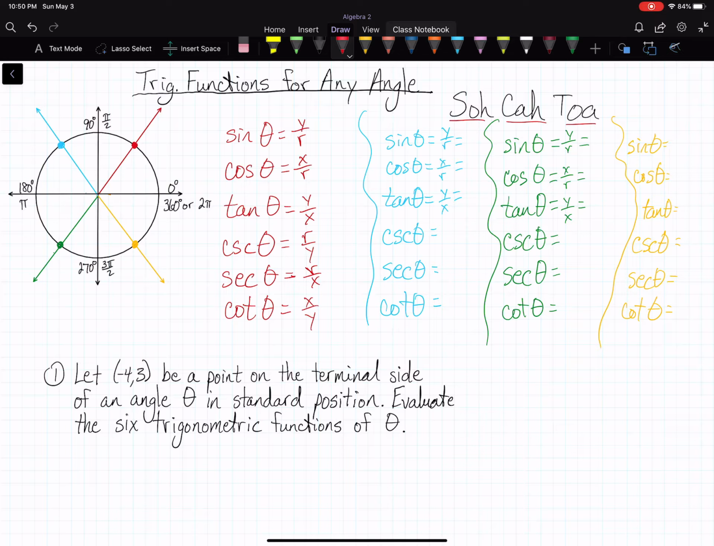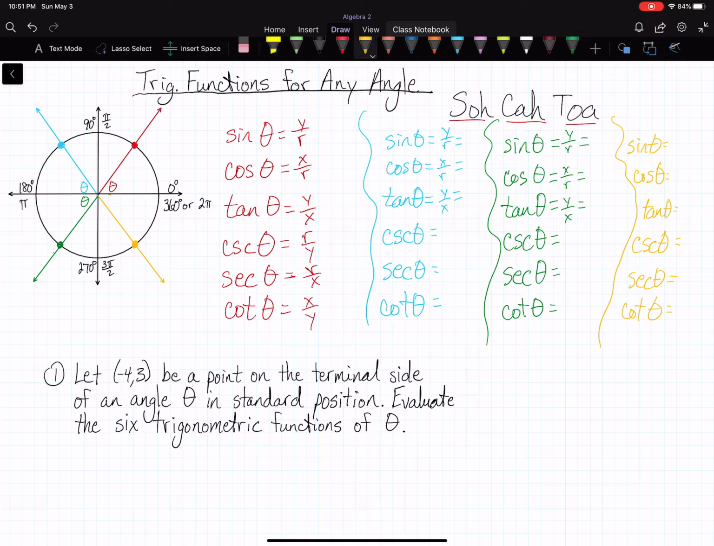Today we're going to learn about finding trig functions for any angle. We start off having a circle, and basically we're going to take what have been our right triangles and put them into the coordinate plane with the x-axis and the y-axis. As you can see here, I've got four rays drawn from the center, and they are making angles. We're going to have a red theta and a blue theta and a green theta